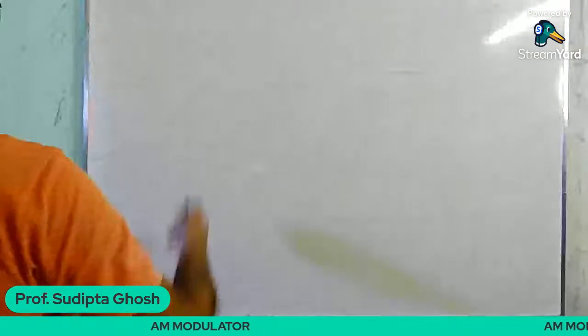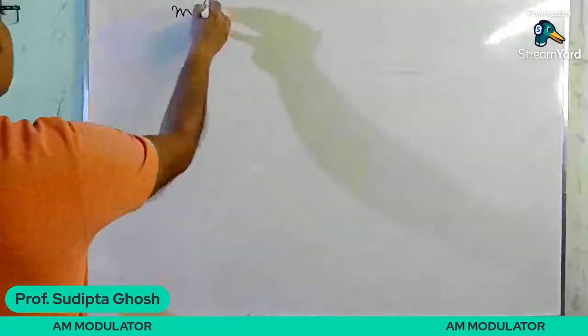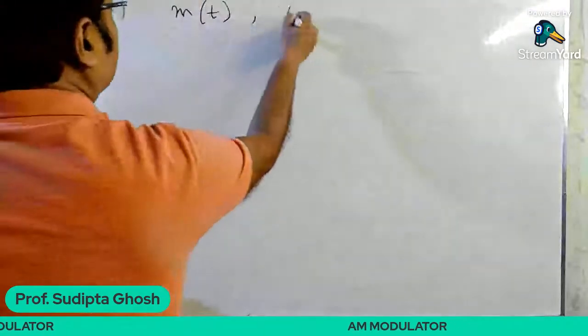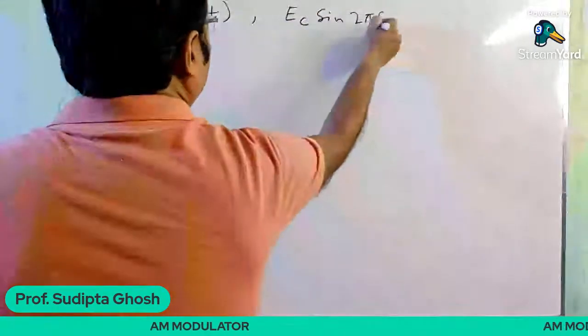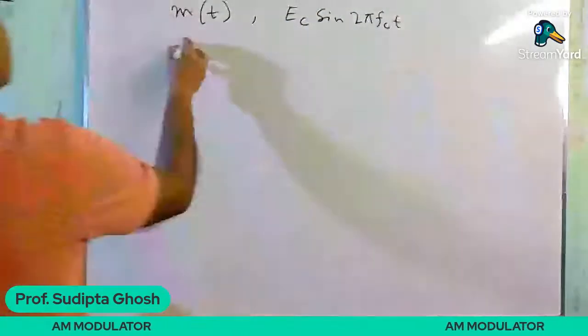So these are the two signals, that is, the input signal vi(t). If the two signals are m(t), the information signal, and Ec sin 2πfct, then after the summing circuit,